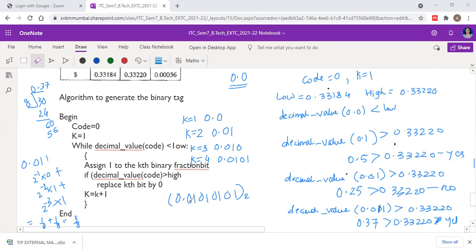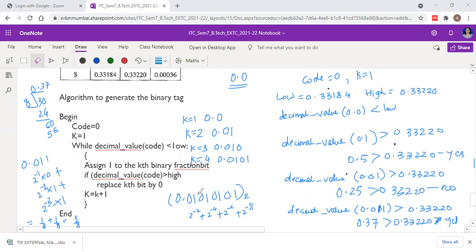So this 2 raised to minus 1 will be 0, 2 raised to minus 2 will stay, 2 raised to minus 3 is 0, 2 raised to minus 4 is there, 2 raised to minus 5 is 0, 2 raised to minus 6 is there, and 2 raised to minus 7 is 0, 2 raised to minus 8 is there.